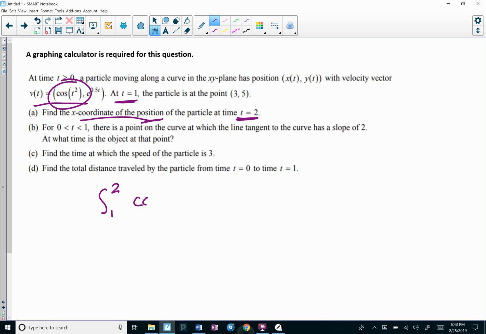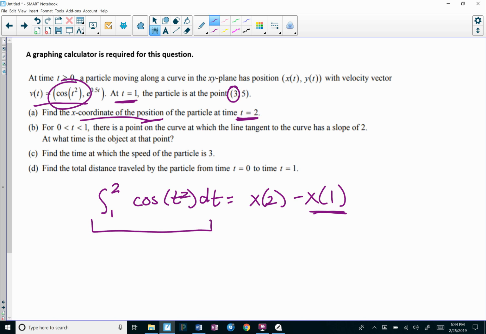So I want the cosine t squared dt. Now remember, that will give me x of 2 minus x of 1 by the FTC part 2, right? F of b minus f of a. So I already know at 1 the x position is 3. So I use my calculator to get that. I get negative 0.443. They give me x of 2 minus 3. Add 3, so x of 2 is approximately